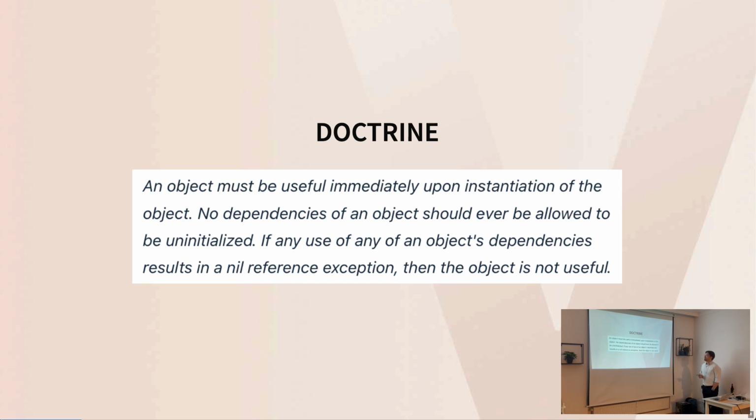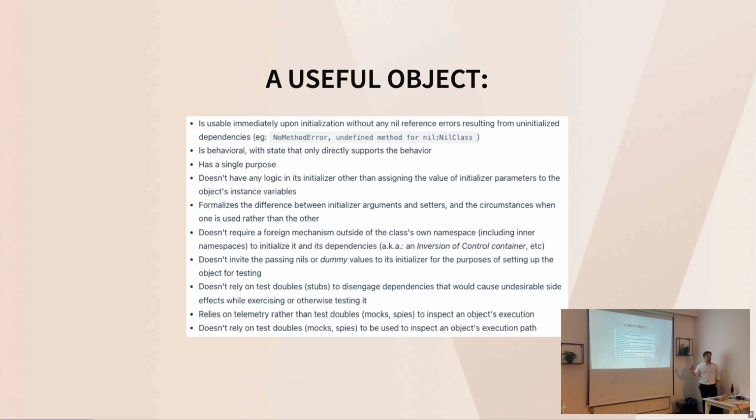No dependency of the object should ever be allowed to be uninitialized. If any use of any of the object dependencies results in a nil reference exception, then the object is not useful. So it's quite an abstract thing. It sounds good, but just by reading this doctrine, this sentence, you probably don't understand why it is good, why you should do this. It's just a convenient thing, but to achieve those goals,